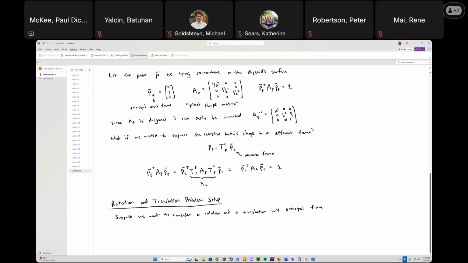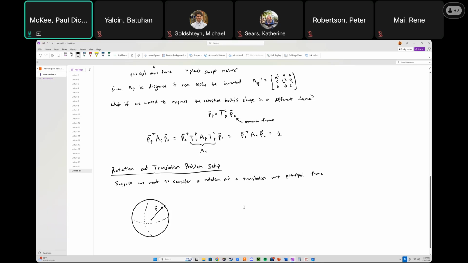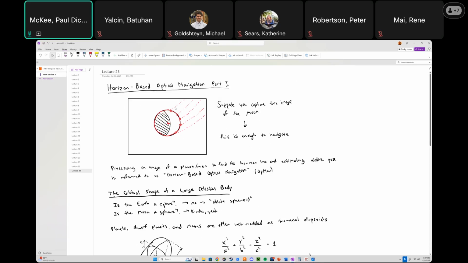So we're going to make some definitions here. We'll start with a circle, and say that the center's right there. And let's say that there's some point on the edge of the planet. And let's put that point right there and say that that is point P. Okay. So really, let me zoom all the way up to the top for a second. When we're taking an image of the Earth or the Moon and we're finding the horizon, and then we're processing